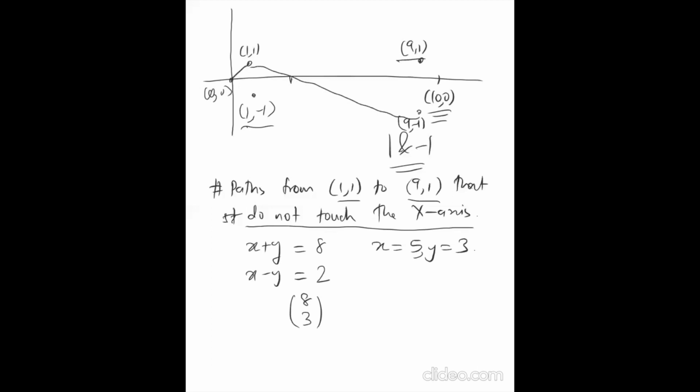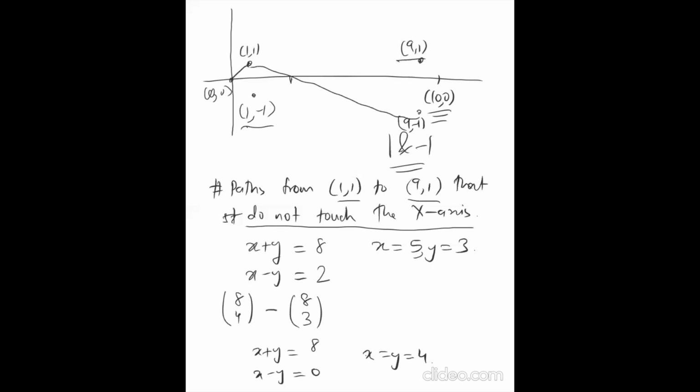Okay, so now we just need to calculate the number of paths from (1, 1) to (9, 1) without any restriction. And we can do the same x plus y thing again. So 8 units to the right, because 1 to 9, and x minus y has to be 0, because we don't want to move any units up. Okay, we want to stay at 1. We want to stay 1 unit up. So that means x plus y is equal to 4. We are solving the simultaneous equation, and putting it all together gives us this.